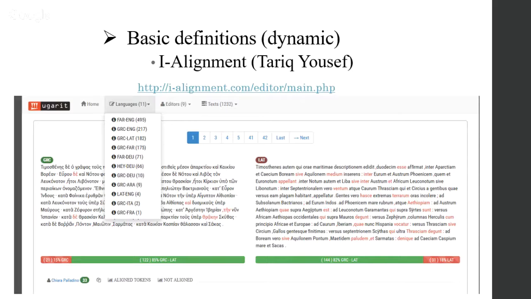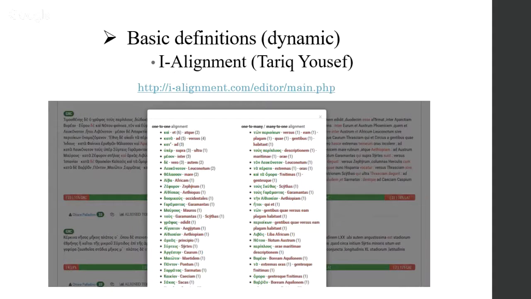This is also very powerful because you could click on the aligned tokens and see which word is aligned with which word, whether this is one-to-one or one-to-many alignment. For example, Kai is aligned with et 6 times, Atque 2 times, and Kata with Ad 5 times versus 4 times, and so on.